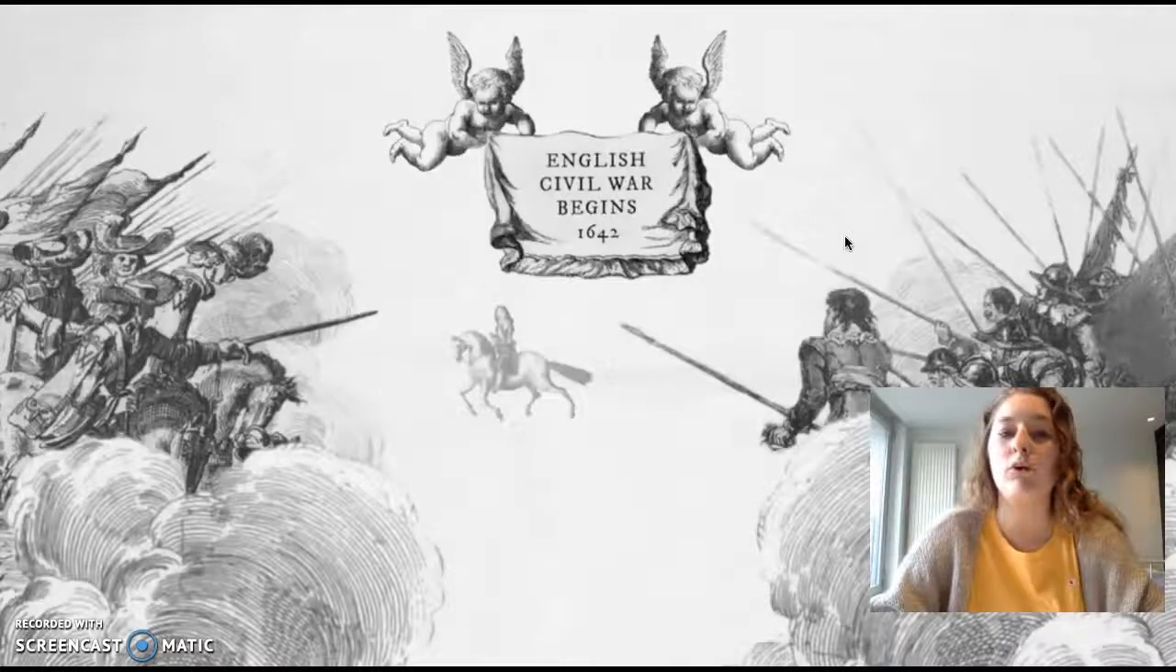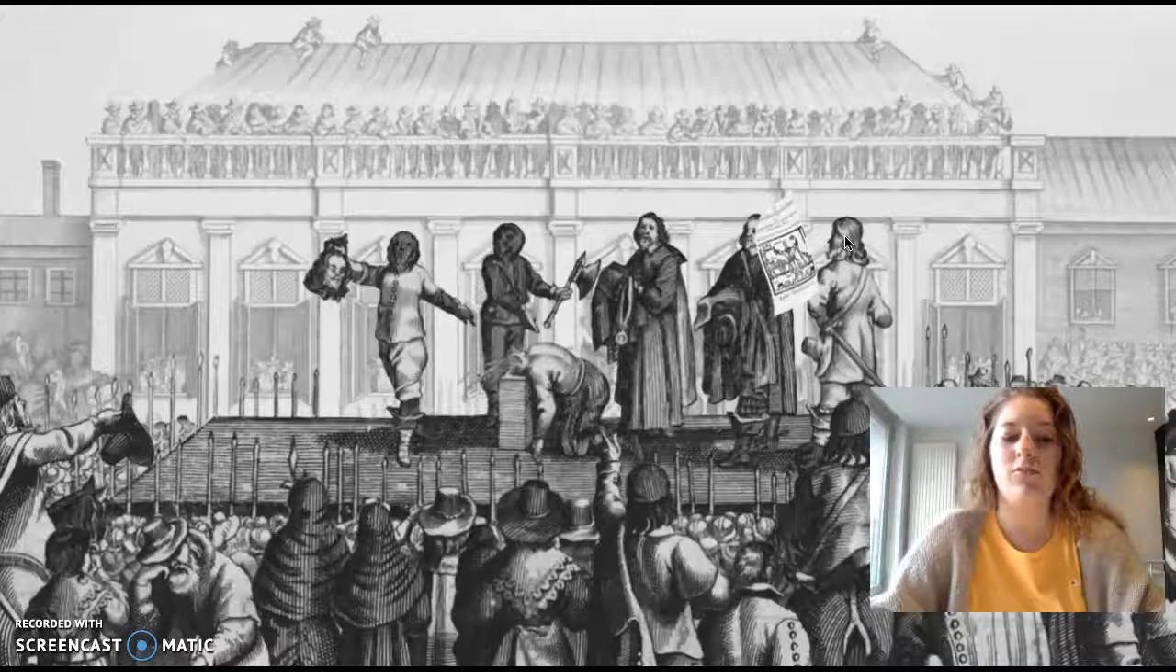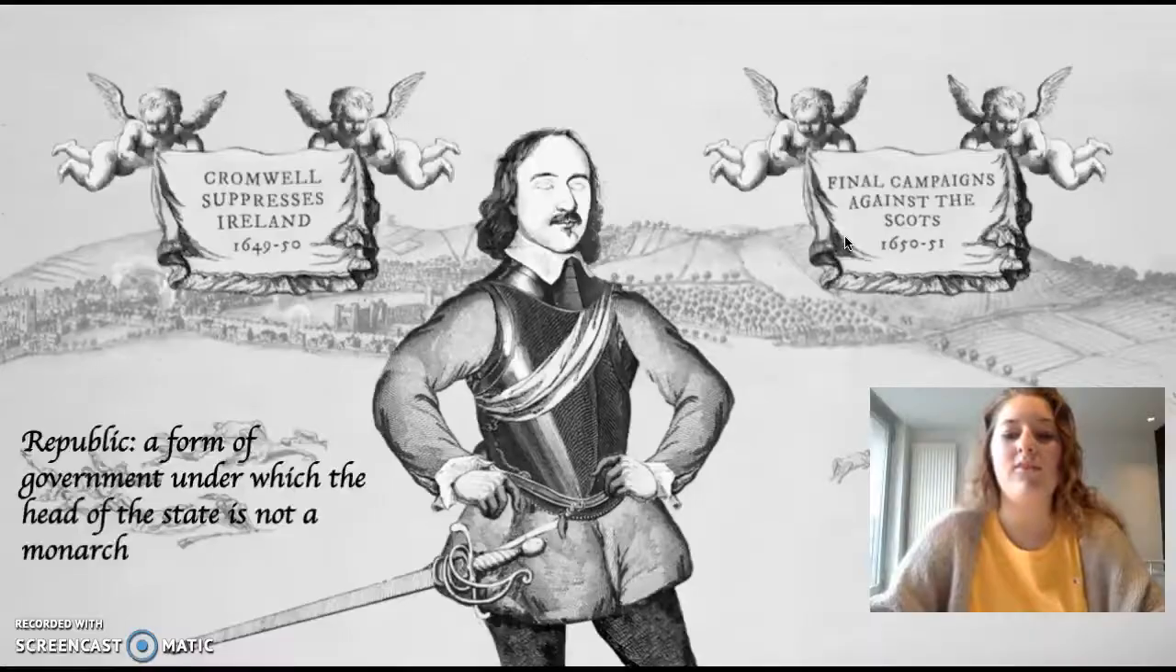Soon there was a civil war between the Royalists, also known as Cavaliers, and the Parliamentarians, also known as Roundheads. On the 30th of January in 1649, Charles himself was executed. This made England a republic, which is a form of government under which the head of the state is not